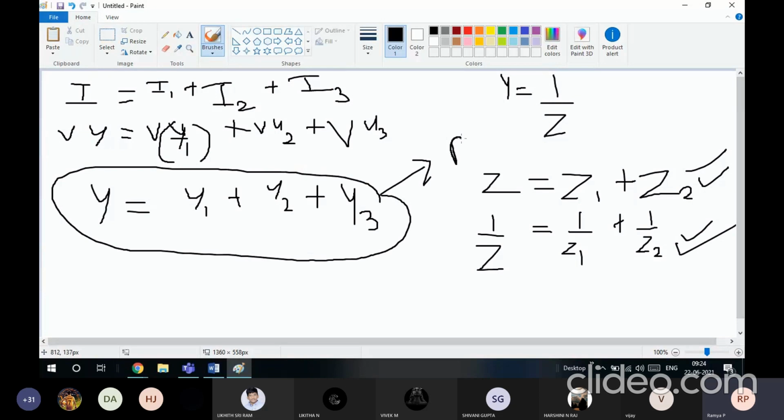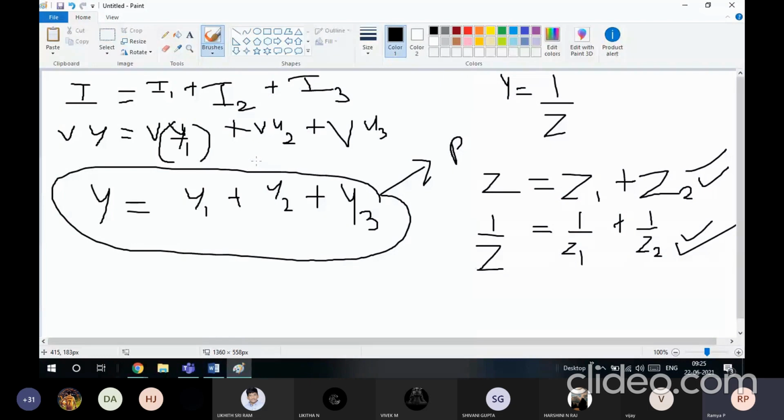Similarly, this is the equation in terms of admittance for a parallel circuit. If I want to write it for the series circuit, the admittance will be 1 by Y, the reciprocal of that. So just remember, whenever they give the admittance value in your problem, if you want to substitute it in place of impedance, just take a reciprocal. If you want the admittance value, just take the reciprocal of impedance. Just keep this in mind.